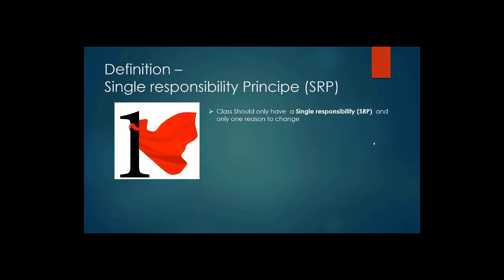And in any software application, what makes the code change? Well, it's the people who ask for the requirements. Let's call these people actors, and an actor could be an individual or a group of people. So the second statement of the single responsibility principle states that, as per this principle, only one actor could be the source of the change. So in a nutshell, in SRP, a class should have only a single responsibility and one reason to change, and also one actor should be the source of that change.